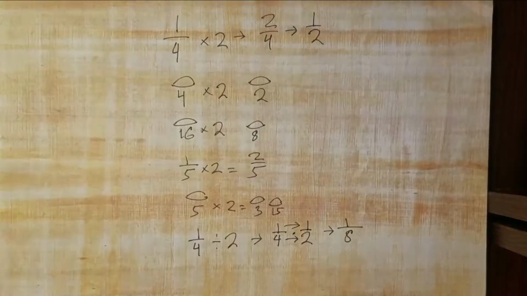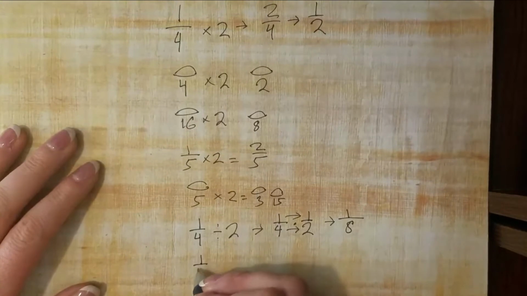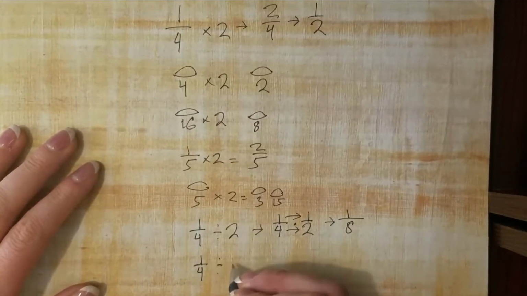I bet if you think to yourself, why does that work? You're going to have to think for a second. You might get there, you might not. It's an algorithm. Now, the ancient Egyptians, if they had 1/4 and they were going to cut it in half,